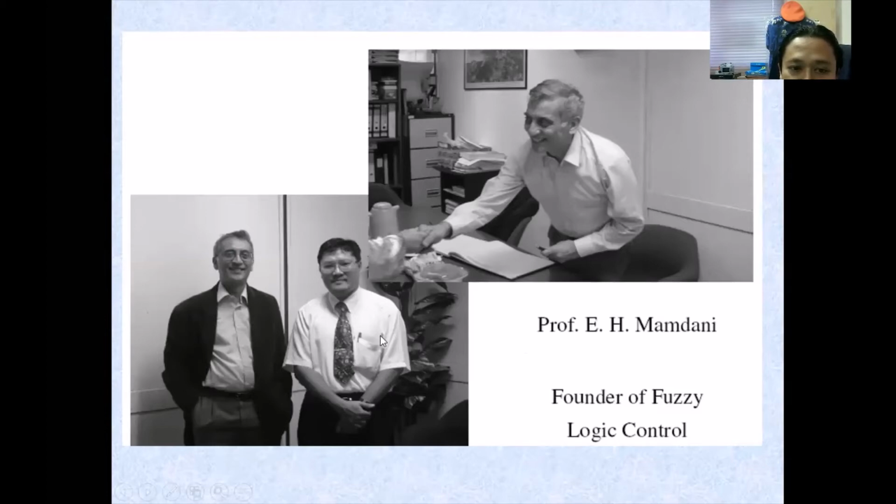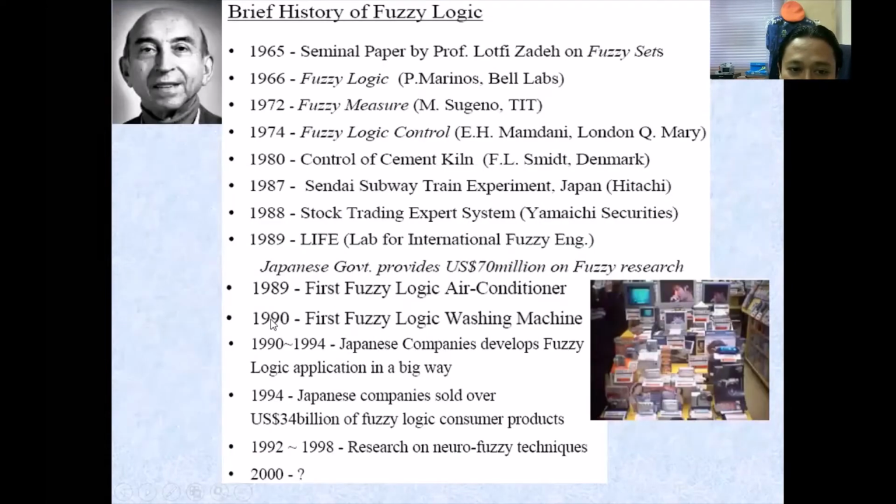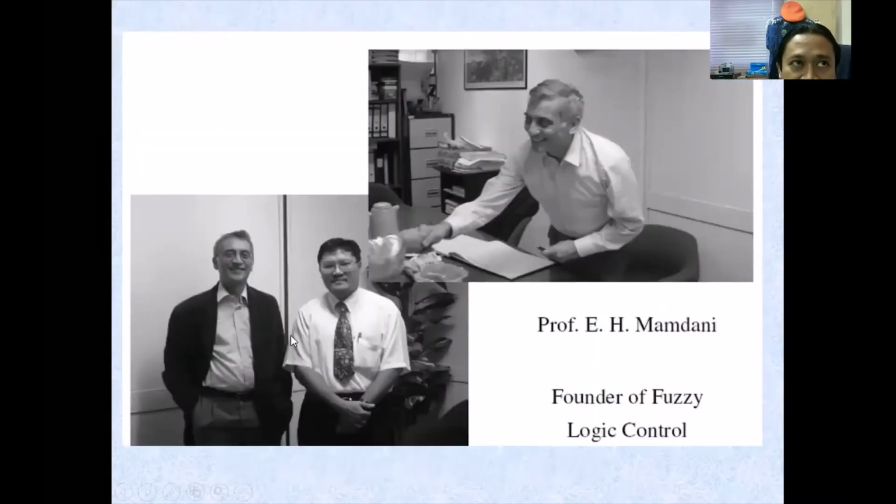Actually, Prof. Mazuki did research at that time in Japan. If you Google the researchers in Japan in that year, 1990, one is from Malaysia and another one is from Indonesia. Both did research on fuzzy at that time. That's why Prof. Mazuki and the other one, Prof. Wahyudin, are famous for fuzzy logic. So this is Prof. Mazuki from UTM, one of the researchers who did his PhD in Japan.